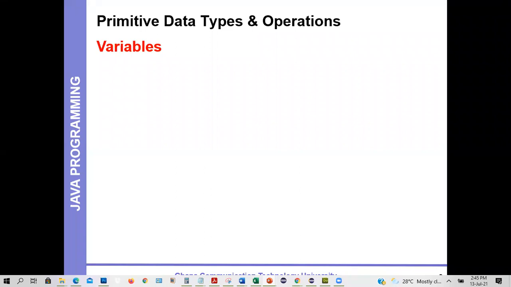So when we come across the word variable in computing or in programming, we just need to understand that it is an English word. If we say something is variable or something varies, it means it changes. So there are so many things in our